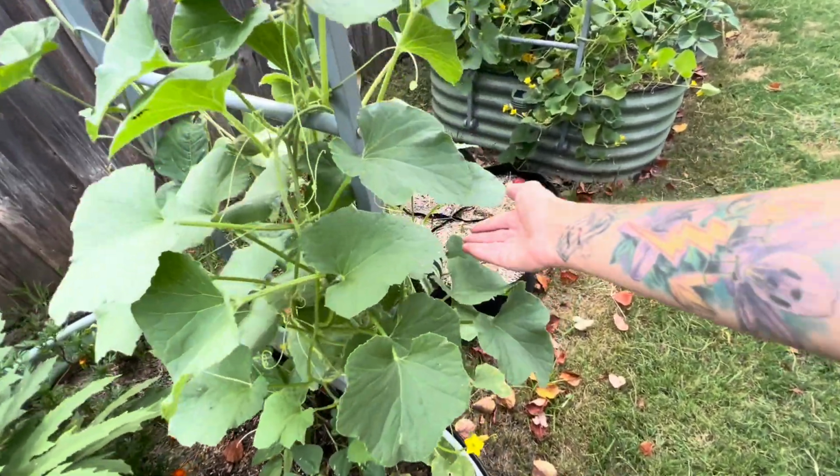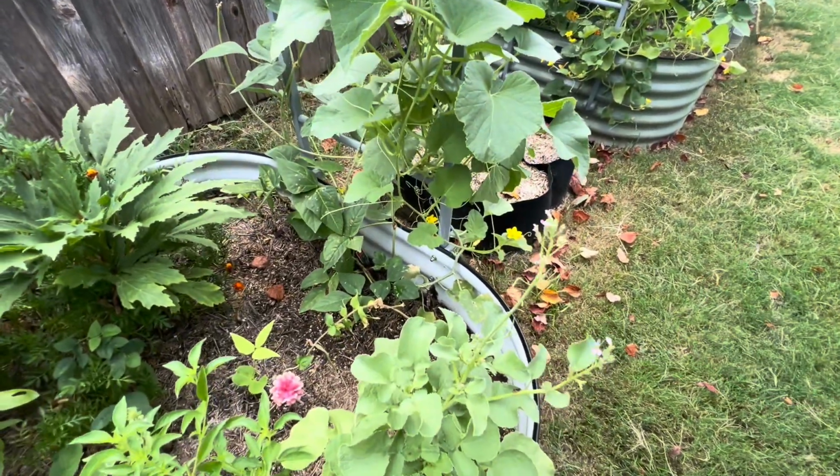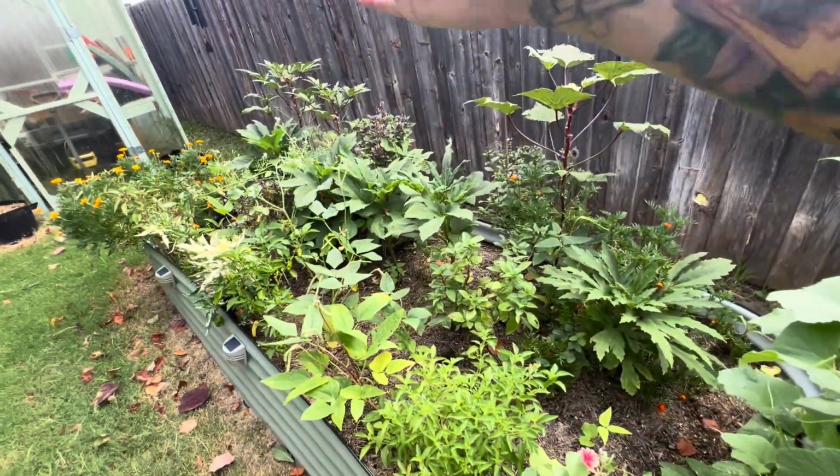Otherwise, once this melon comes off, if I don't see any others reaching a mature size, I'll remove that plant and get it ready for the snow peas and stuff. Then over in this bed